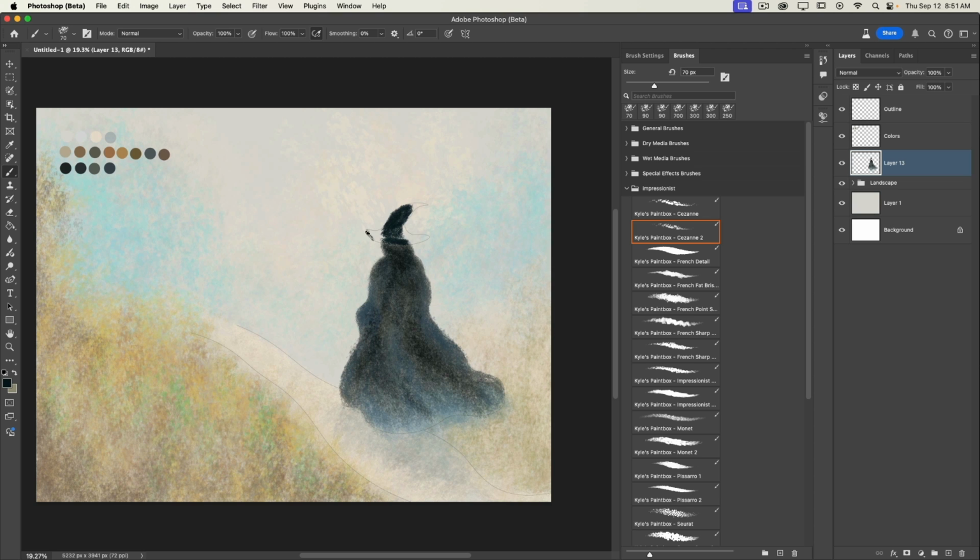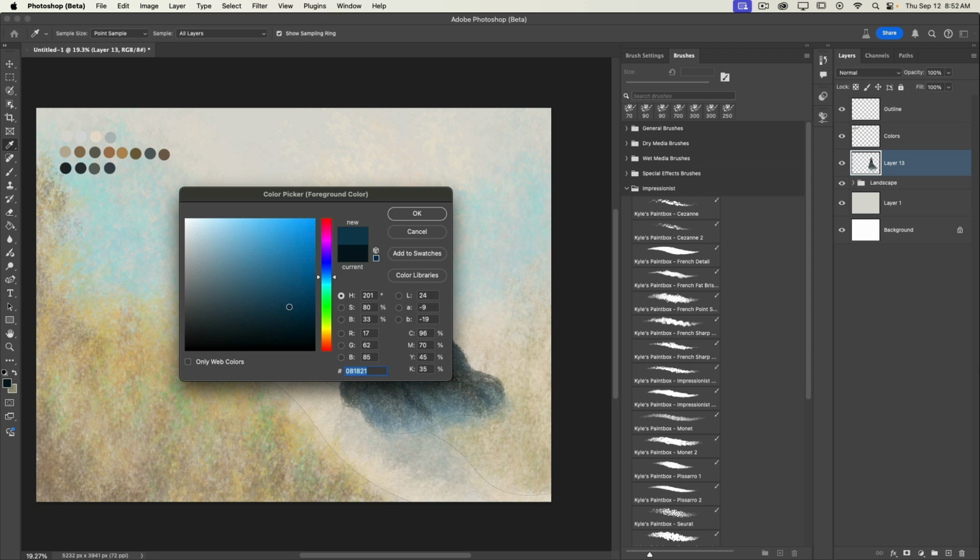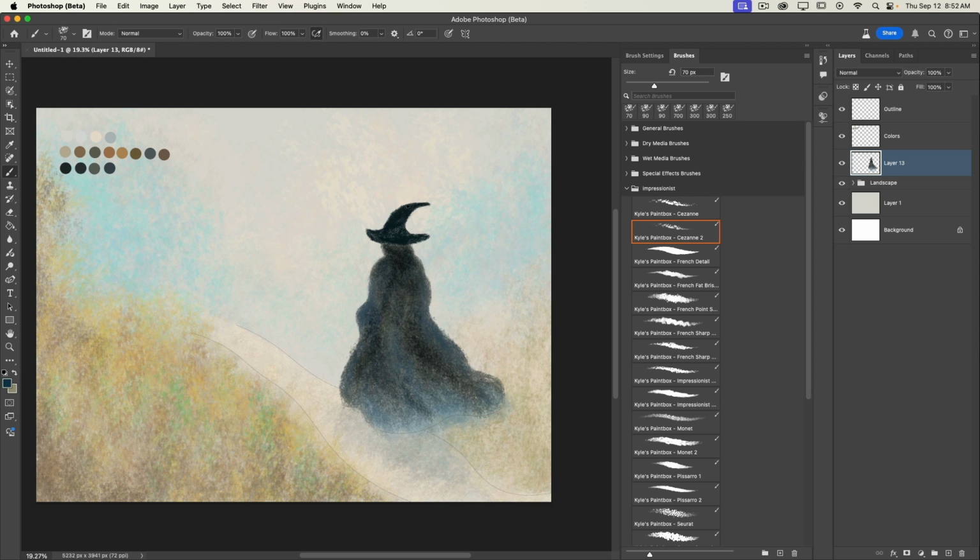And I will be switching size of my brush up and down all the time, just like that. And I don't worry if I missed any spot in here, because I will fill those missed gaps, spots with different colors. Now I will switch to blue color, just like that, and I will add a little